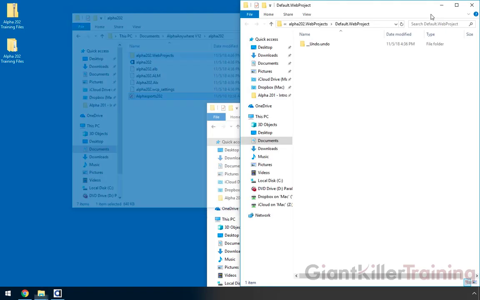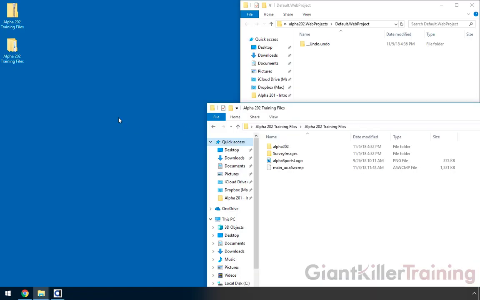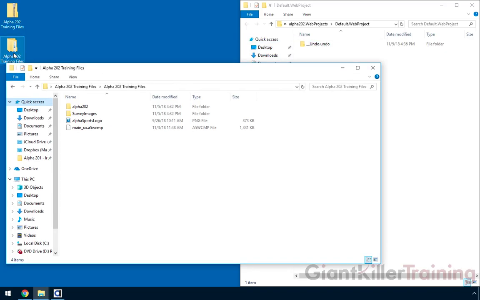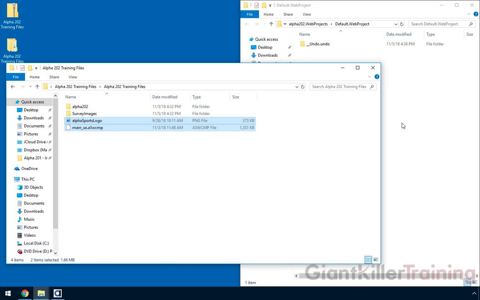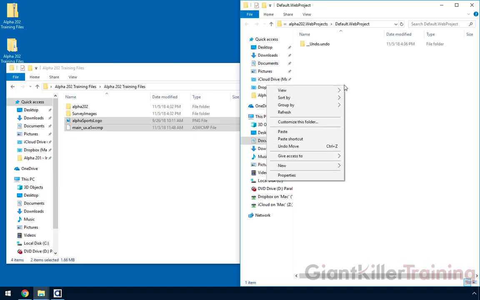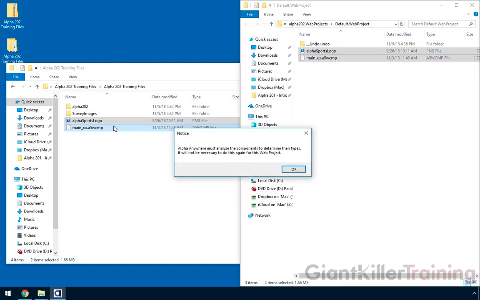I'm going to go ahead and close out here. And then I'm going to then also come over here. So this is that folder that we unzipped, the Alpha 202 training files. And you'll notice in here we have two files, Alpha Sports Logo and Main UX. So now what I can do is copy those. And then I can go back into this folder that I opened up from within Alpha and right-click and paste. So what I'm doing is just manually moving in my files into the directory that Alpha will be looking for